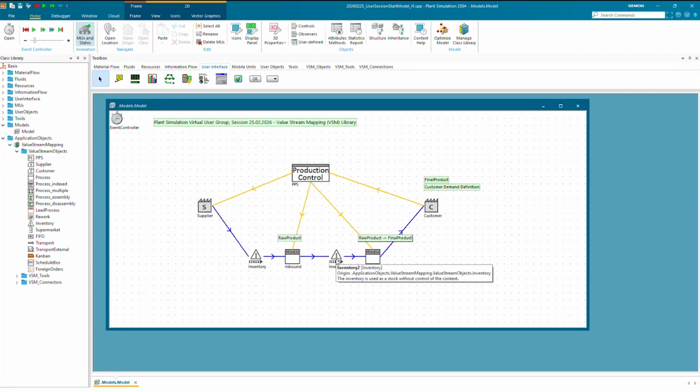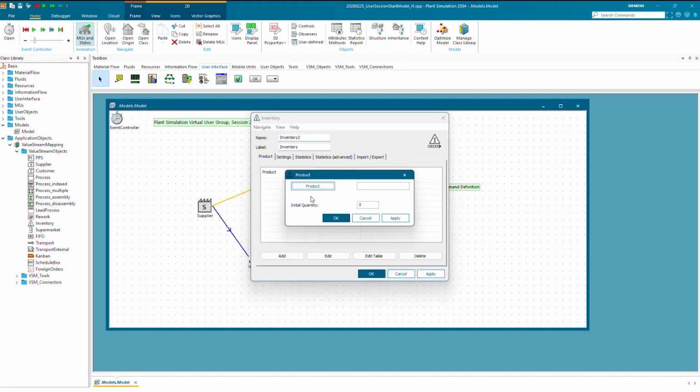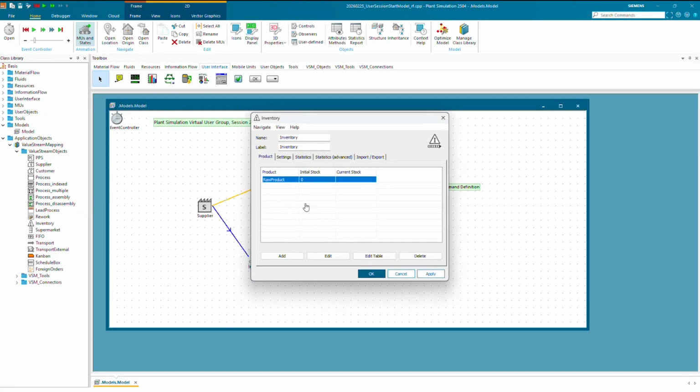We just need to adjust the inventories to say, okay, the product before is also being stored right here, and also the product before is stored right here. What you would here also see for the inventories, product-wise, there is not so much to define. One would be initial stock, so you could start a simulation, for example, with pre-filled inventories to maybe skip the first balancing phase where you have a ramp up of your simulation.